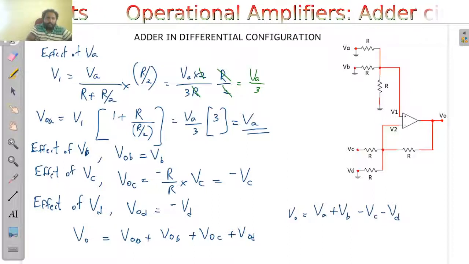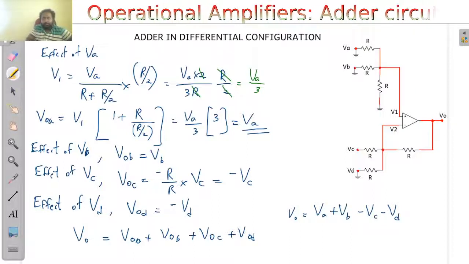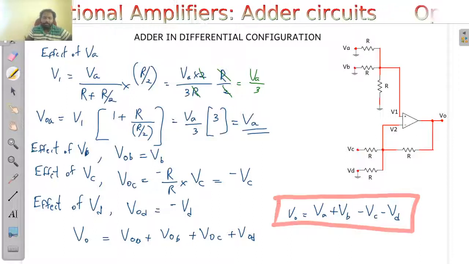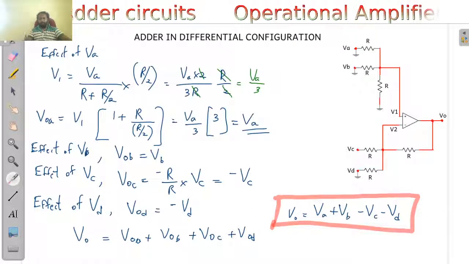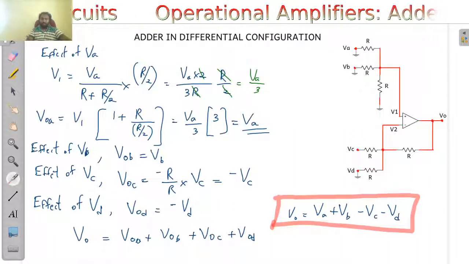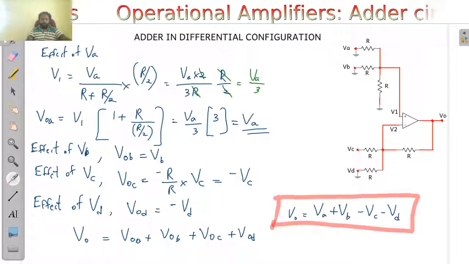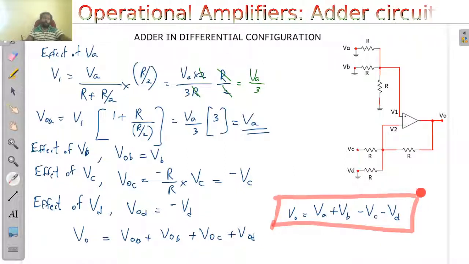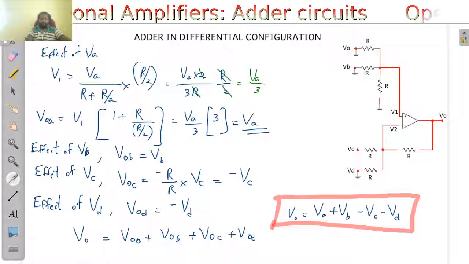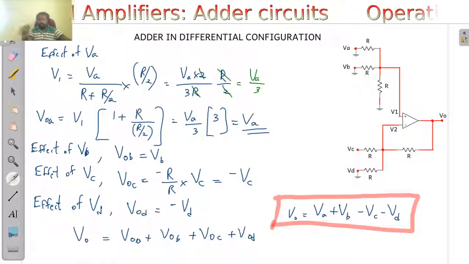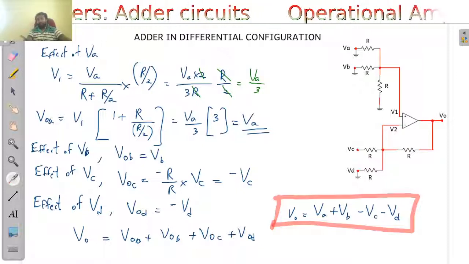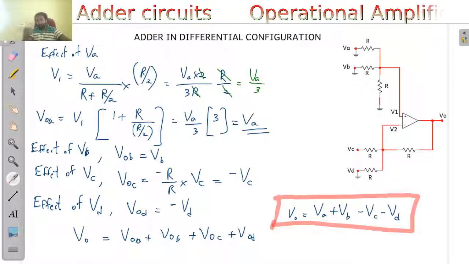So that's it, and that is about our differential amplifier configuration. These are very important in the case of analog computations, as we have seen, because addition and subtraction both are very important in analog computation schemes. So with this we stop here, and we will see other mathematical operations that can be done using operational amplifiers in the next video.